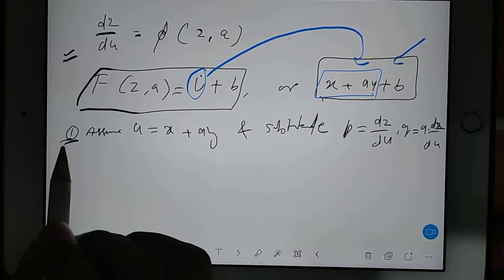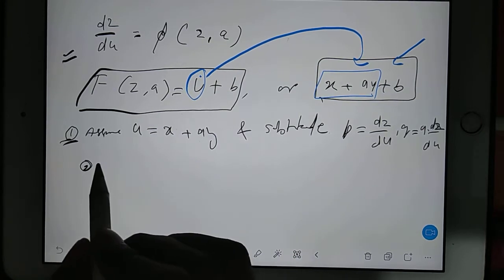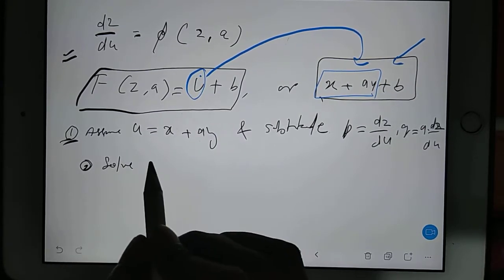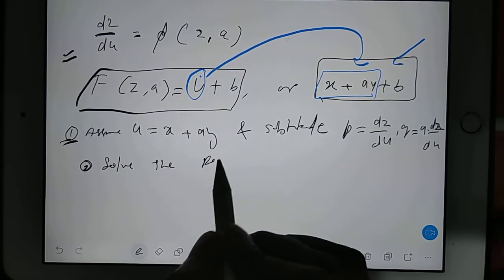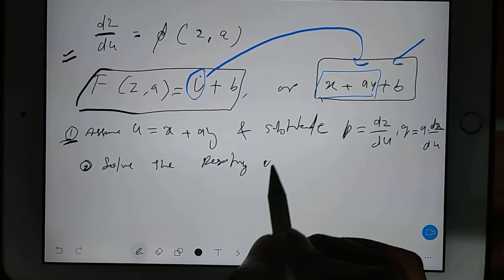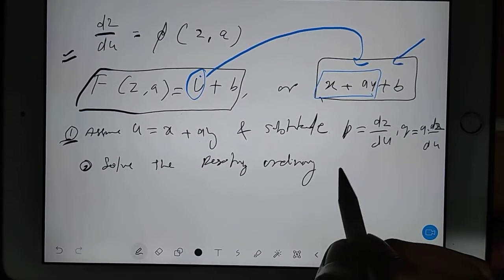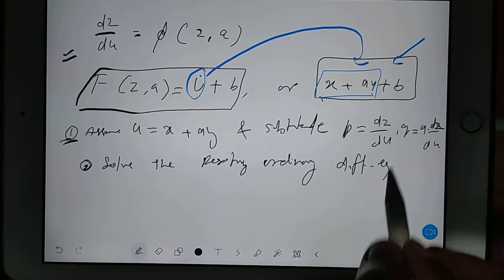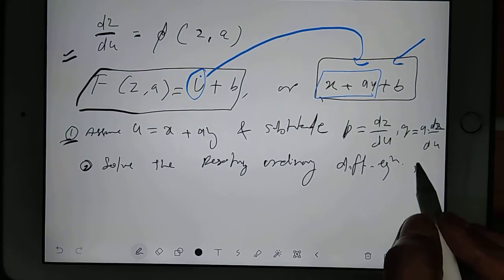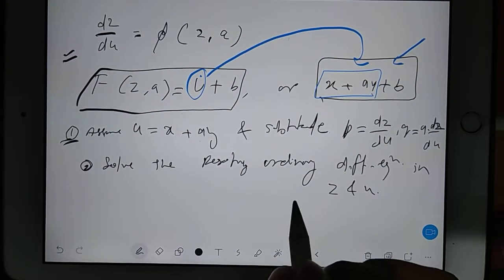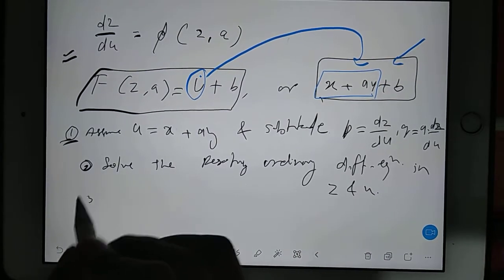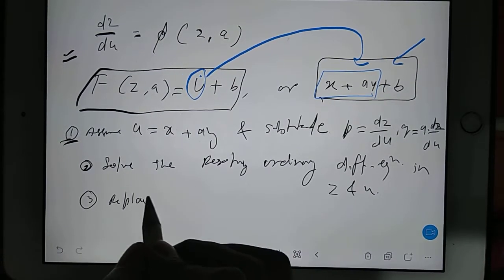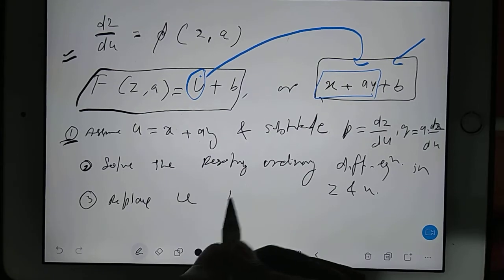Okay, these two we have to substitute. Then second, solve the resulting ordinary differential equation in z and u. Then third, replace u by